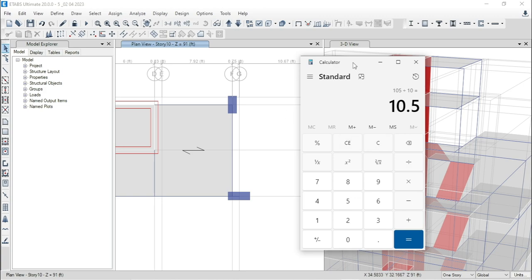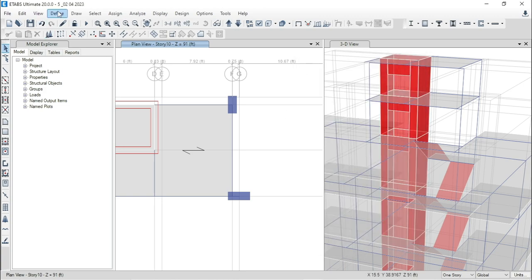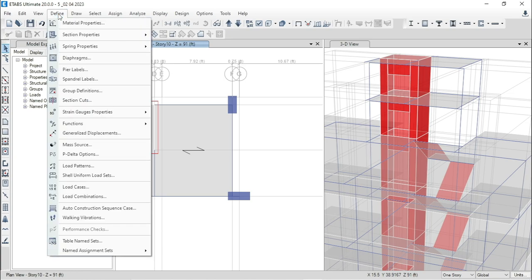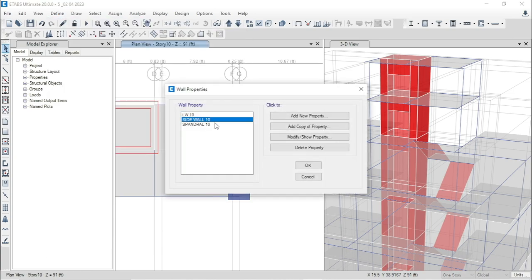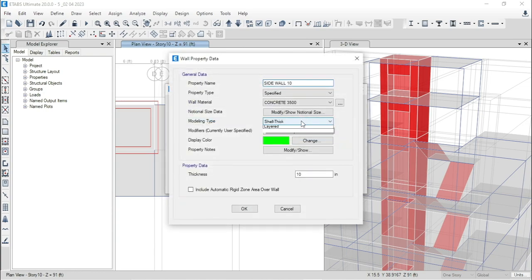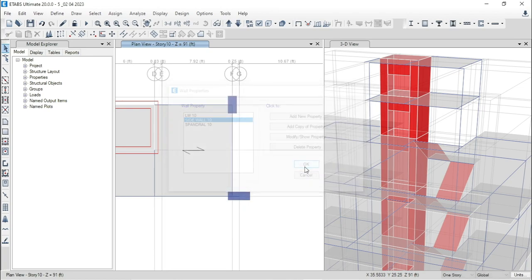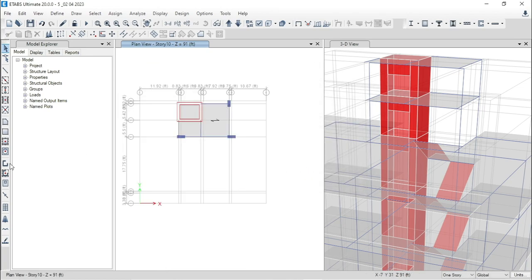We could take this one as shell thin because our limit is 10.5 feet. So go to Define, Section Property, Wall Section, side wall 10, Modify, and just consider this one as shell thin. Fine, now we can model the side wall.